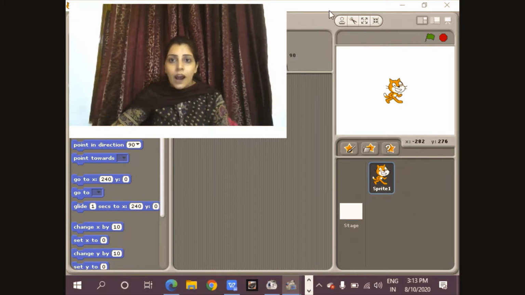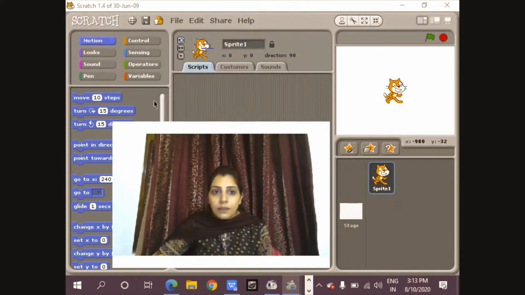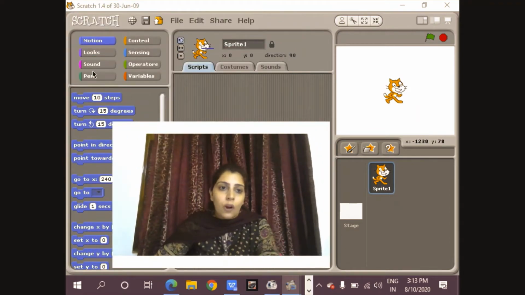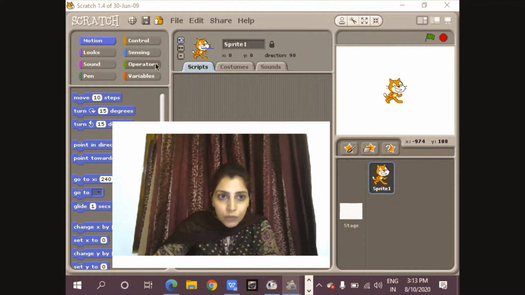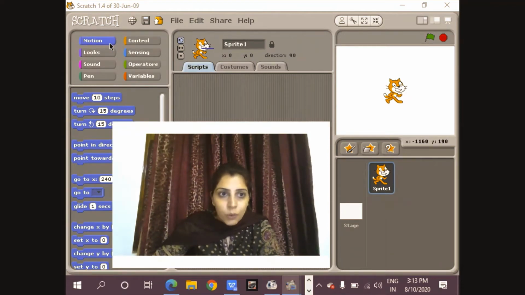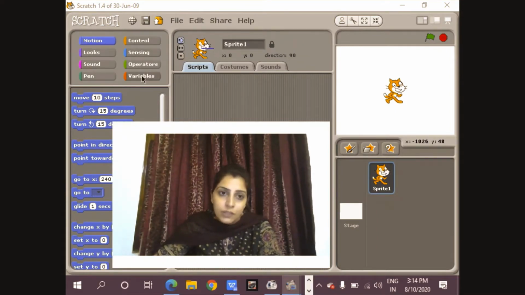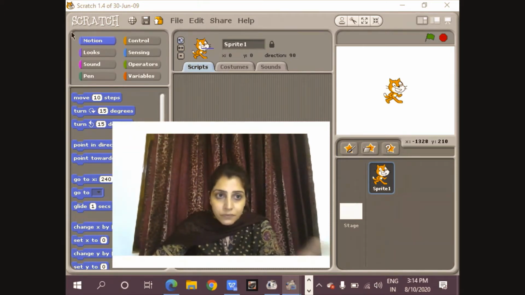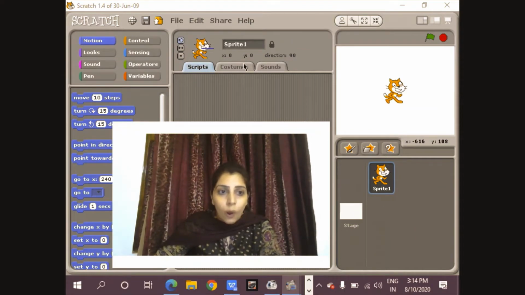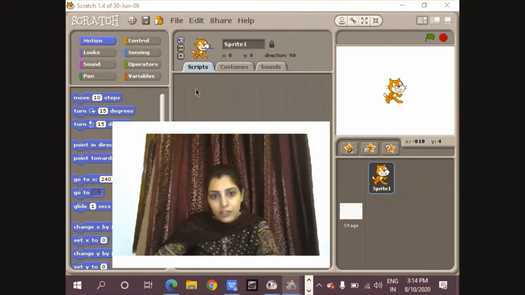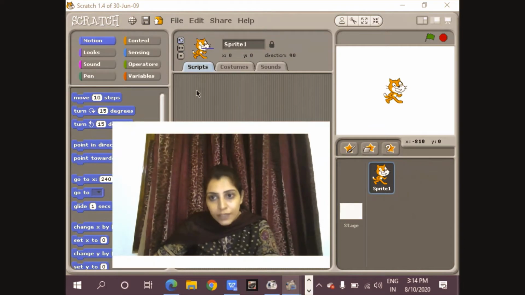After this, the second component is the blocks palette. Now what is the blocks palette? You can see on the screen, I'm moving my mouse pointer. You can see motion, looks, sound, pen, control, sensing, operators, variables. These complete are called block palettes. Block palettes are the place in which various blocks are there, with the help of which you are able to give movements to your sprite, meaning the object.